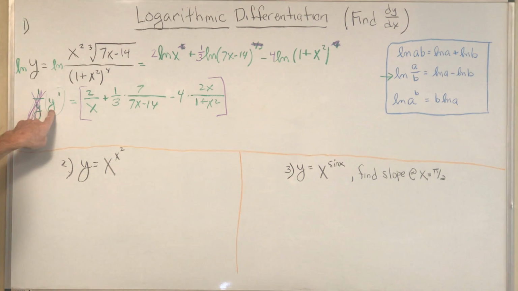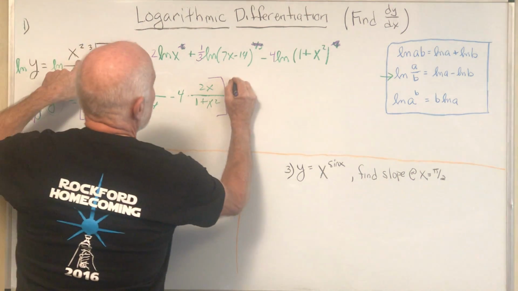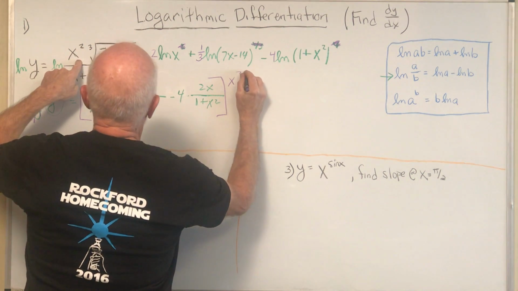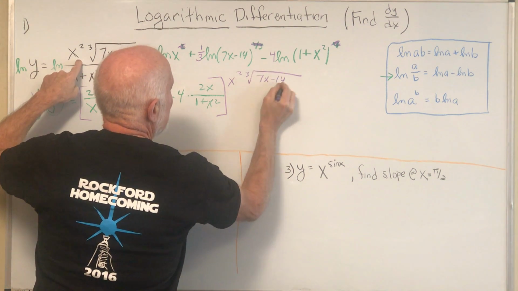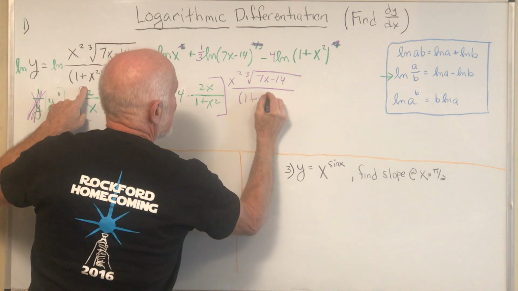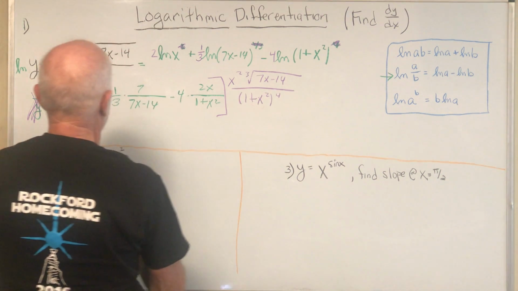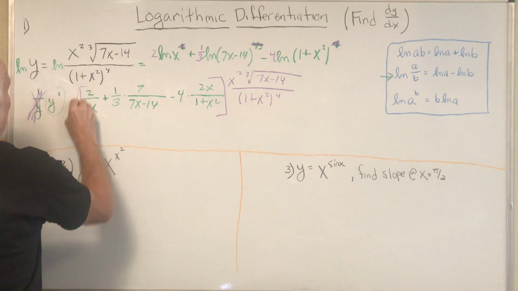And what is y? y is what we had originally, so it's x squared times the cube root of 7x minus 14 all over 1 plus x squared to the fourth. And this whole thing right here